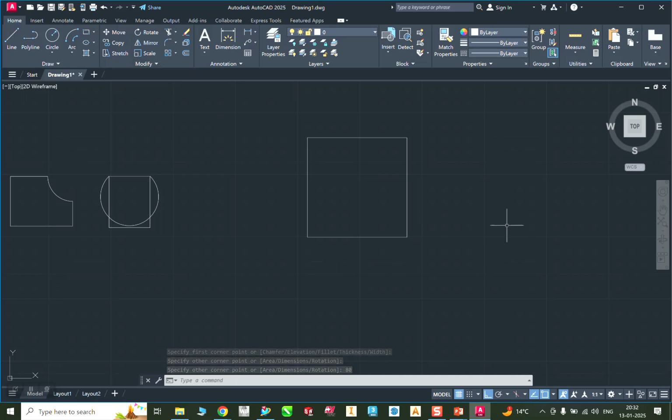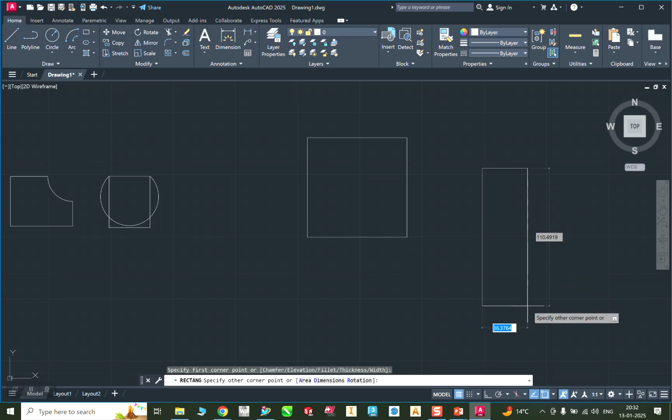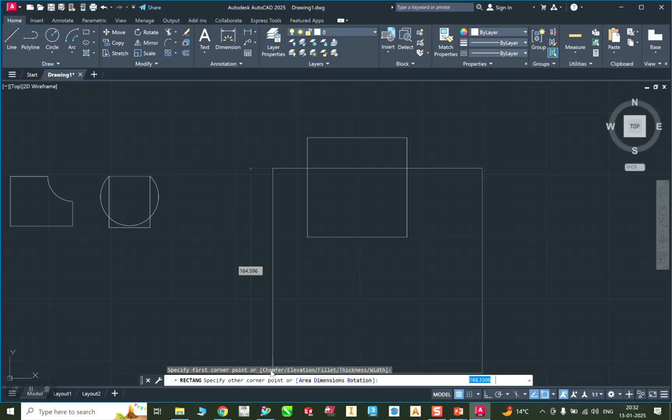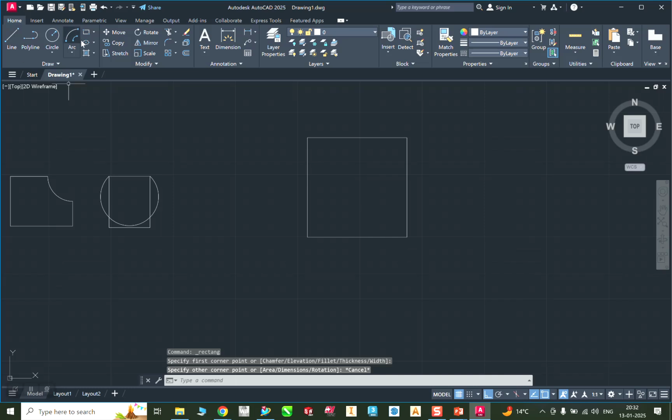So now another way to create a rectangle is to start. Now what it is asking is if you want to build a chamfer and other things with the rectangle. So here we need to first decide the corners in the beginning. So what we can do is just escape and just click on this. Now you can see, just click on chamfer. It is going to ask you about the first chamfer distance. Okay, so I'll give it 5 mm,